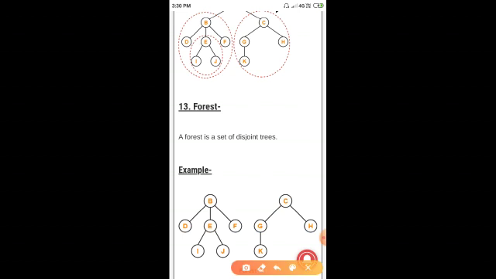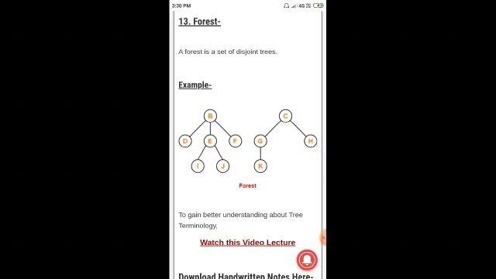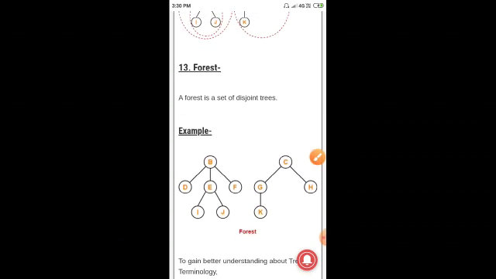Next one. What is a forest? A forest is a set of disjoint trees.